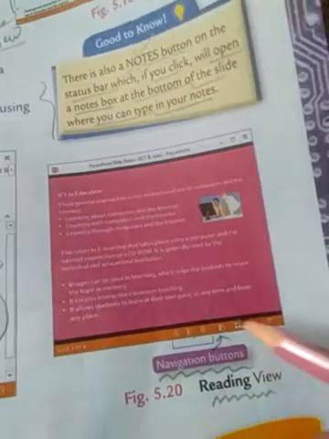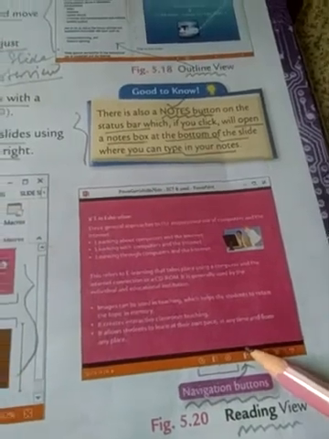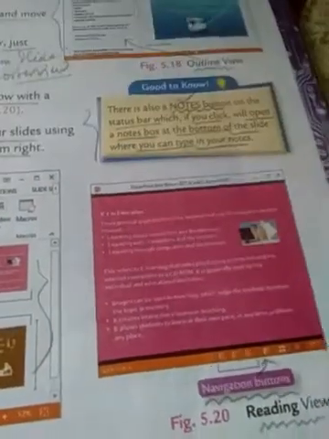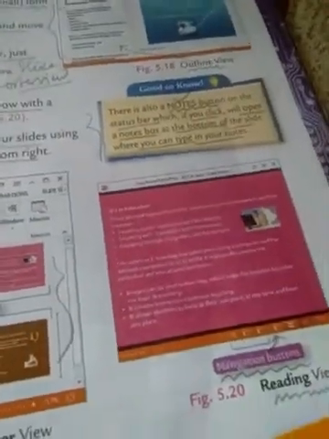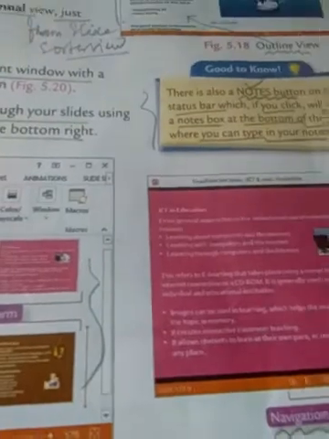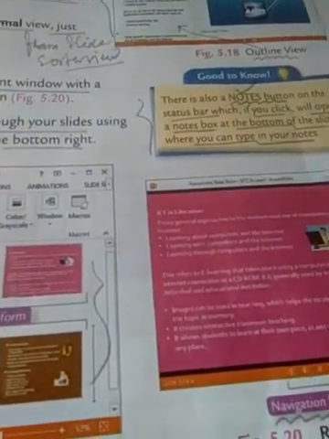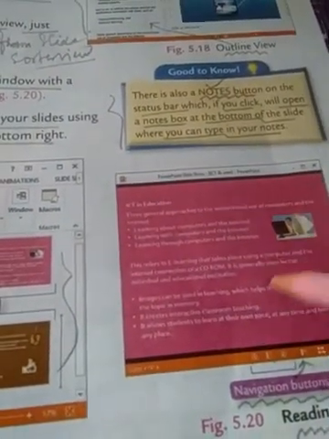This is figure 5.20. This is called the reading view, and these are the different navigation buttons. By using these navigation buttons, we can easily navigate through the slides, and we can easily preview the slide of our PowerPoint presentation by using this reading view in this format.